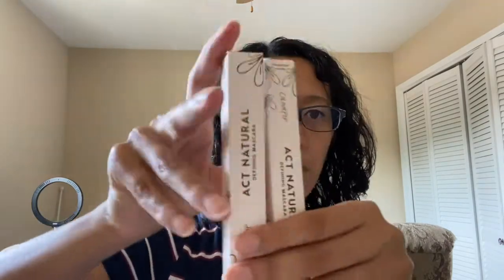So first thing in the box, I have two mascaras. This is the Act Natural Defining Mascara. I have two of them. One is in brown and the other one is in black. I'm not gonna open the mascaras per se because I don't like to open new mascaras if I'm not using it. I am someone that really just likes to use one mascara for the 3 months unless I'm traveling somewhere and then I try to keep a second one, but